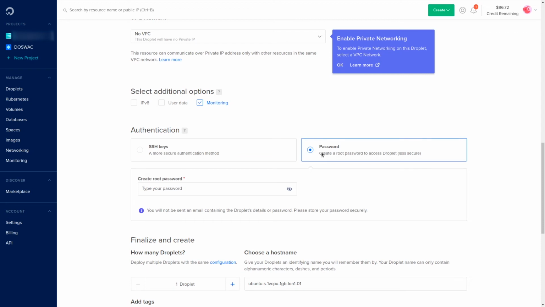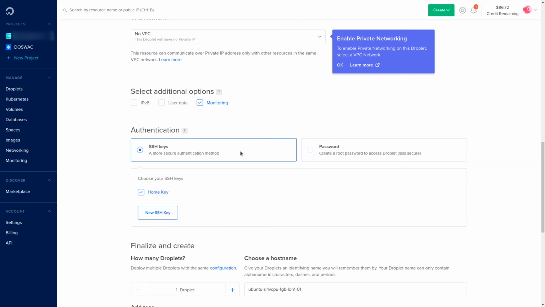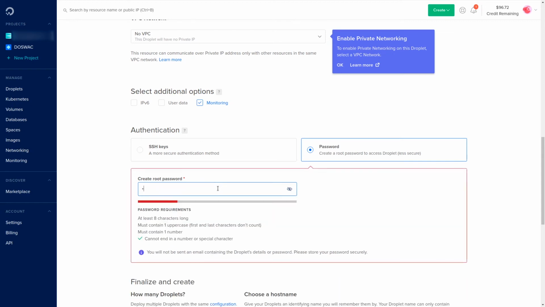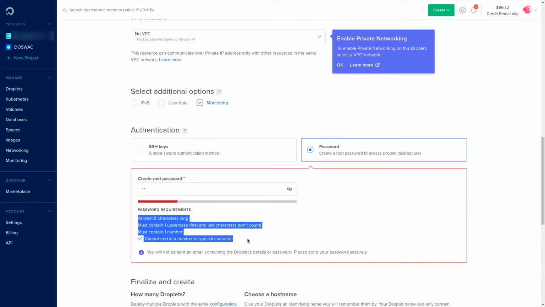If you want a more secure method of authentication, I will teach you how to create a server with SSH keys authentication in another tutorial. By default, we have the root user. We just need to create a root password. And we can create other users later as per our needs. Enter the password based on the requirements below.